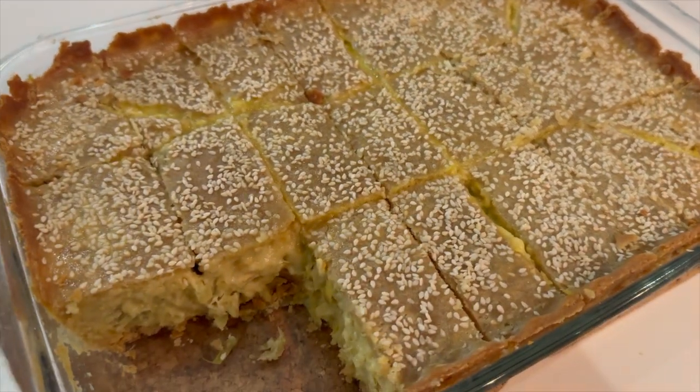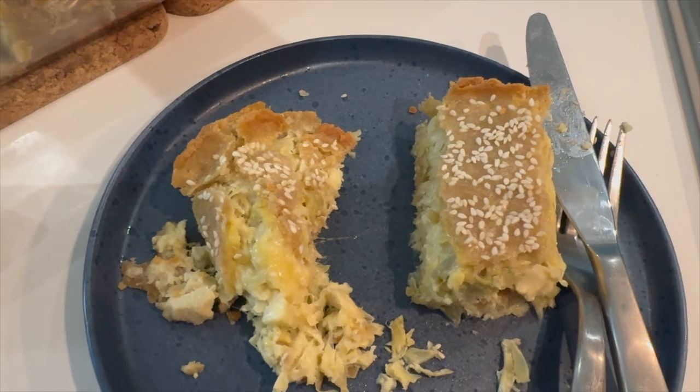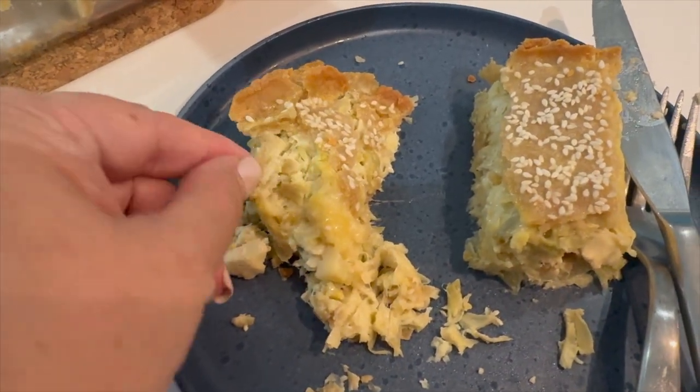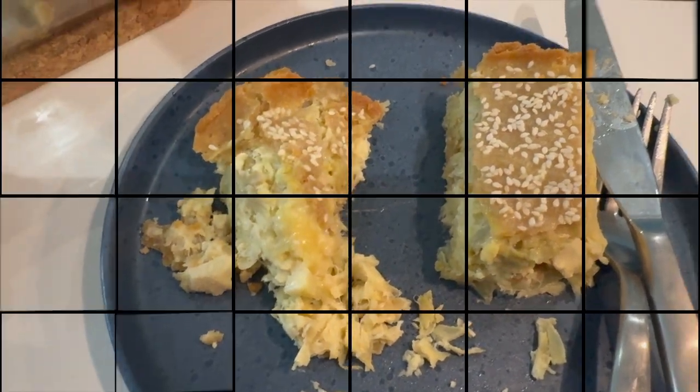And yes, I went ahead and cut the rest of it into smaller pieces because that's quite a big chunk I served myself. But no judgment, it's super tasty. So if you want to go with big pieces, that works too. So, how crazy good does this keto low carb artichoke and cheese borreca pie, aka tapada, look? I know it's a mouthful, but let me tell you, you're gonna want a mouthful of this because it is